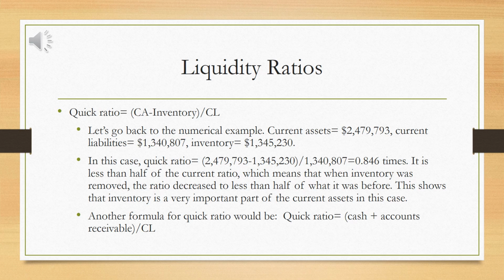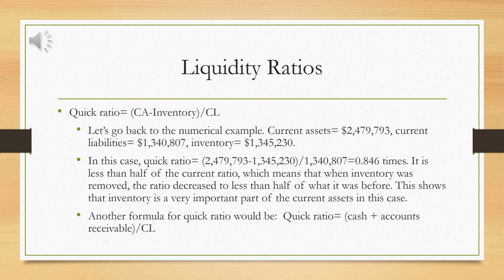Inventory equals 1,345,230. In this case, quick ratio equals 2,479,793 minus 1,345,230 over 1,340,807, which is